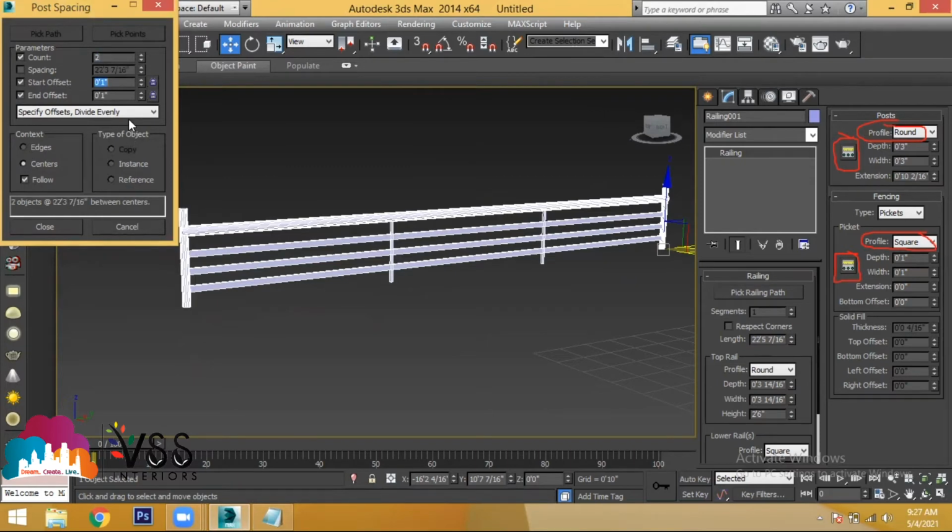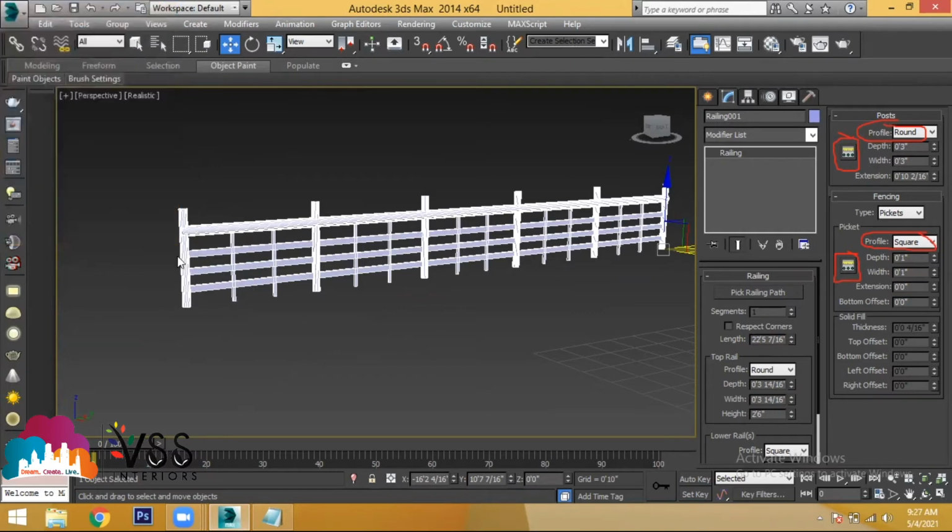Let's say I'm taking 2 posts, then you have 2 posts. When I'm taking 4 posts, I'm taking 1, 2, 3, 4 posts. When I'm choosing 6 posts or 5 posts, it depends on the requirement. Now see, in between every 2 posts you will find 2 fencings like this. In between every 2 posts, you will find 2 fencing options, like 2 rods like this.